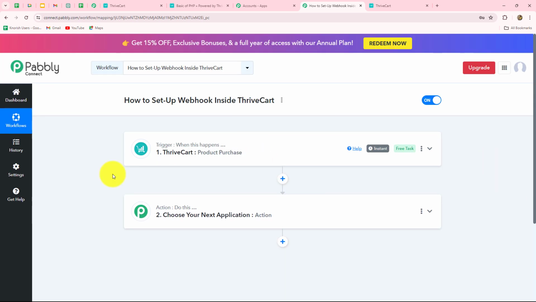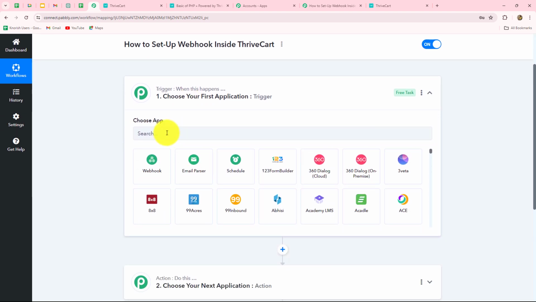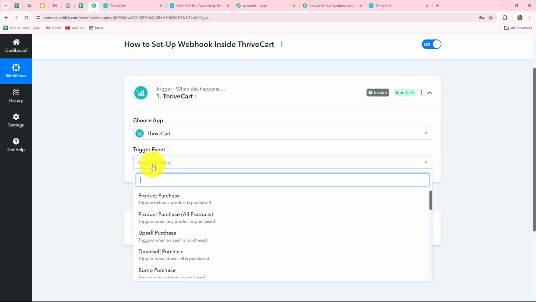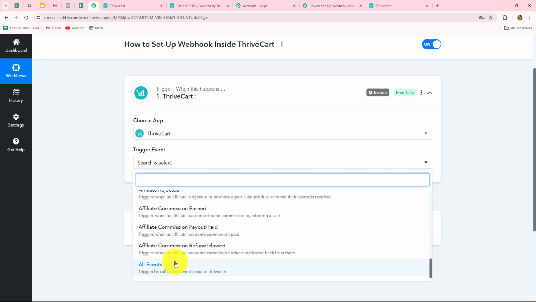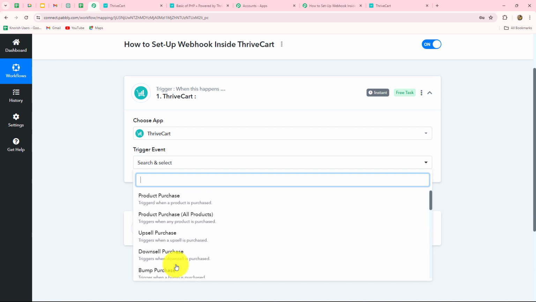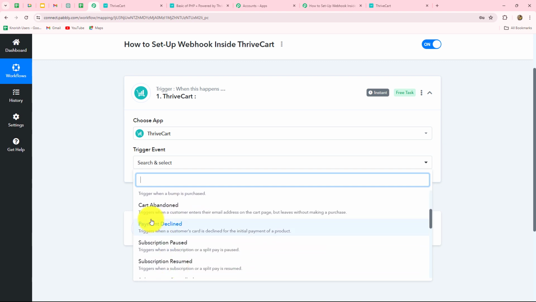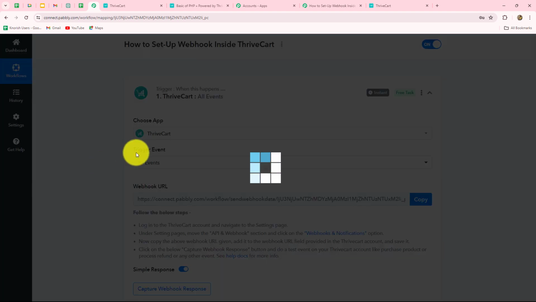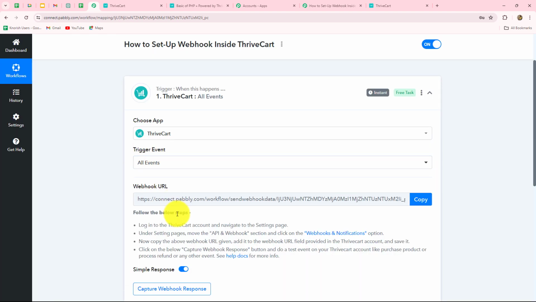As I've told you, you can also connect ThriveCart and set a trigger to receive the response on the happening of any event. So here once again we are going to set up a connection between ThriveCart and Pabbly Connect. In our trigger application, we are going to select ThriveCart. Now we have to select the trigger event. This time we want to receive the response on the happening of any event in ThriveCart, whether it is a product purchase, down sale purchase, bump purchase, cart abandoned, payment declined, subscription paused, any event. For that we have selected All Events as our trigger event, and now we have received